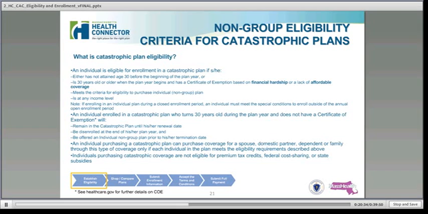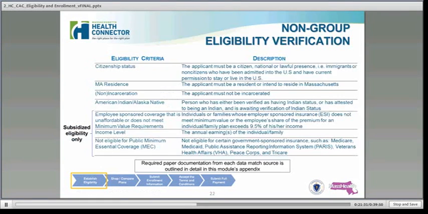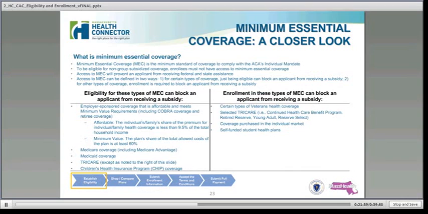For Indians who are enrolled in any non-group product through the Health Connector at any metallic tier and have a household income of less than or equal to 300%, all members' cost sharing is eliminated. And this elimination of cost sharing also applies to services, items, or referrals by the Indian Health Service for Indians who have household MAGI of any amount. And we have an appendix in the back of this module that talks about where all the Indian Health Service centers are in Massachusetts.